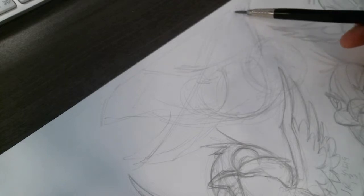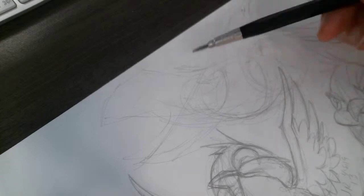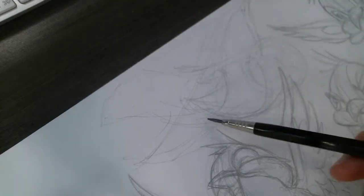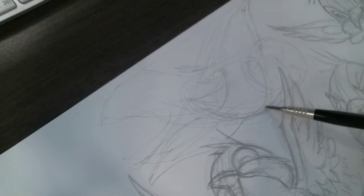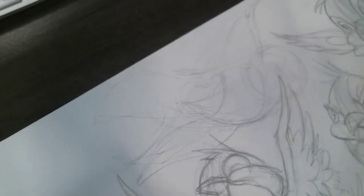I'm going to bend a little bit of the wing onto that. Find the center line right there. Blending that in. So there you go. So that gives you the initial